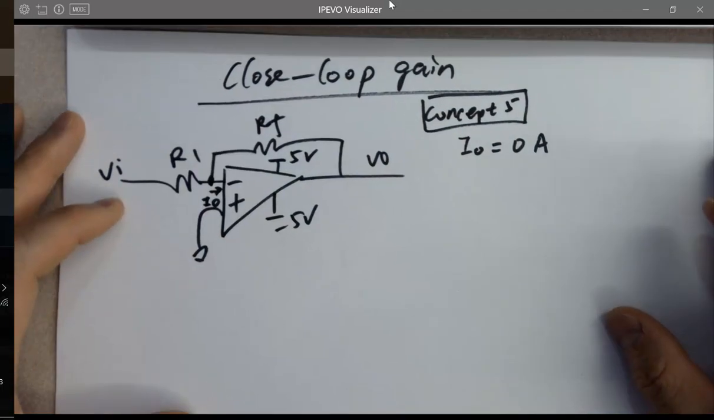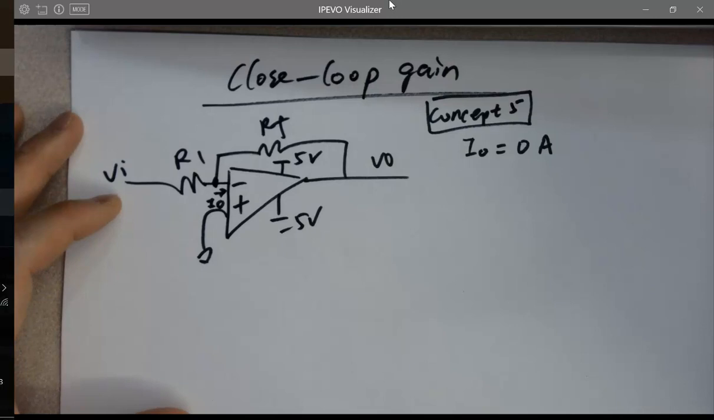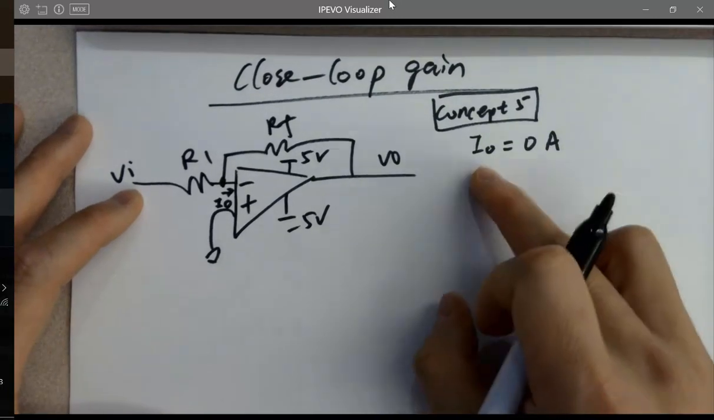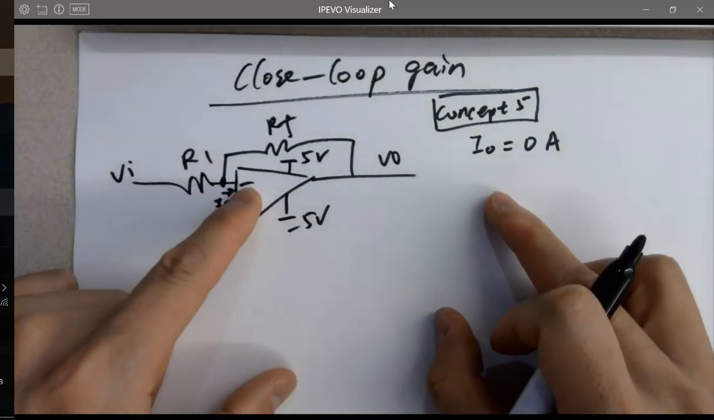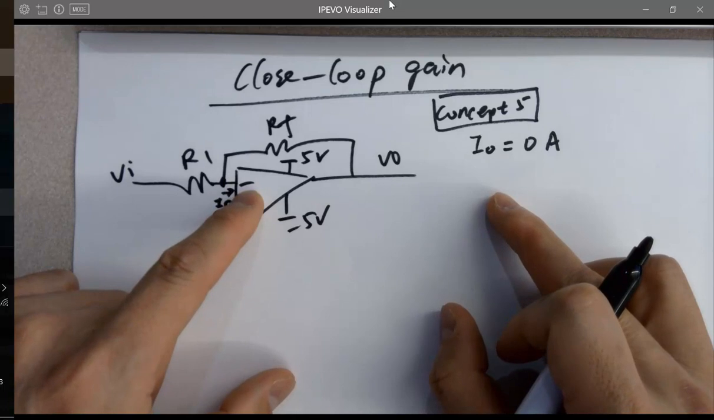Concept number 5, annoying as well. I0 equals 0, which is the current that flows into the op-amp is 0. Because